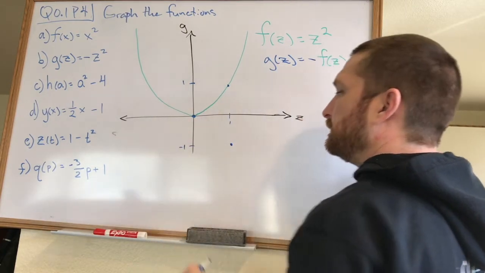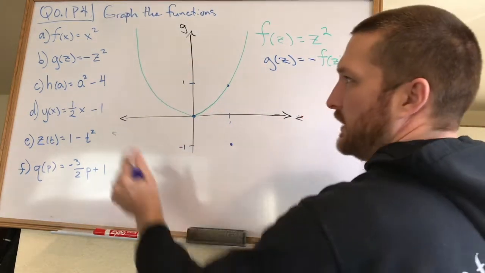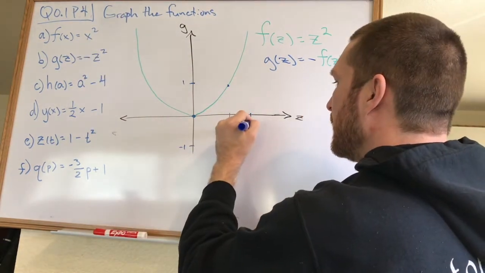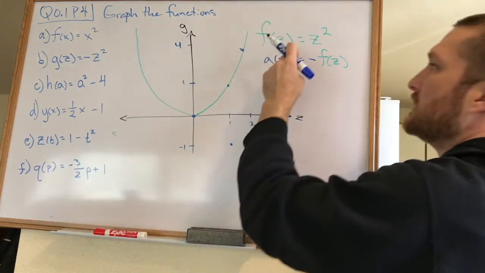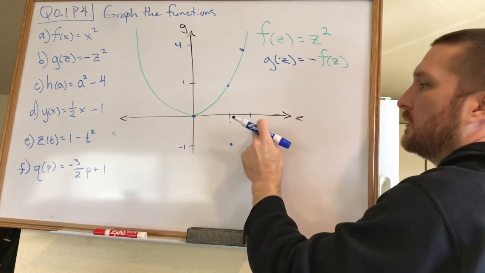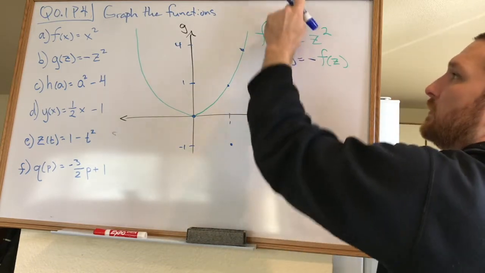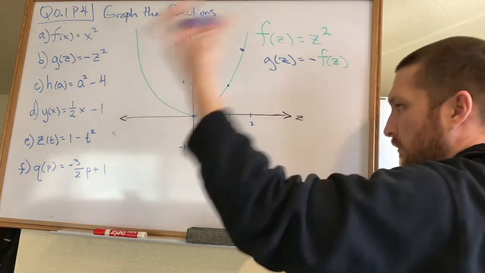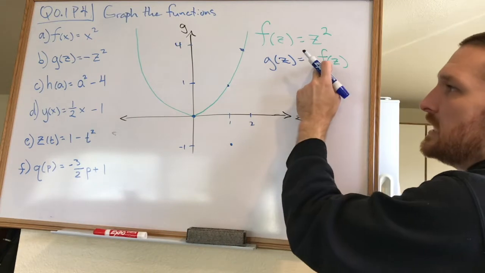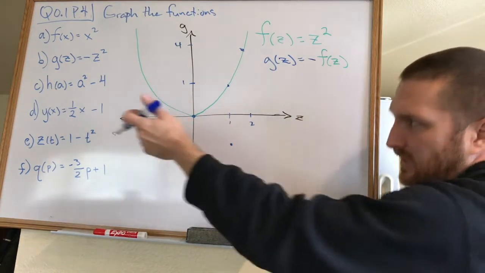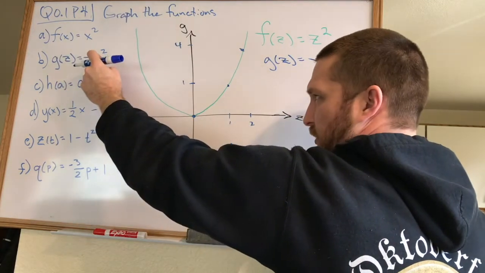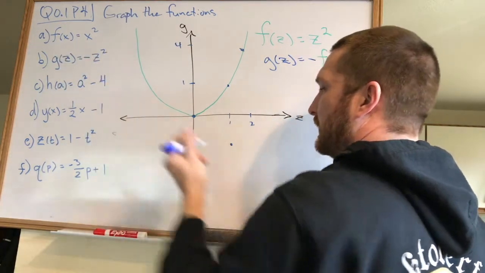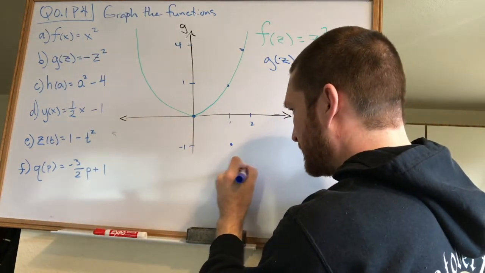to negative 1. Okay, it used to be that when I plug in a 2, I get out a positive 4. Why? Because z squared, plug in a 2, you get 2 squared is positive 4. Now we're just saying take that and make it negative, right? You can kind of see that here. Plug in a positive 2. 2 squared is 4. Then make it negative. So it comes down here to